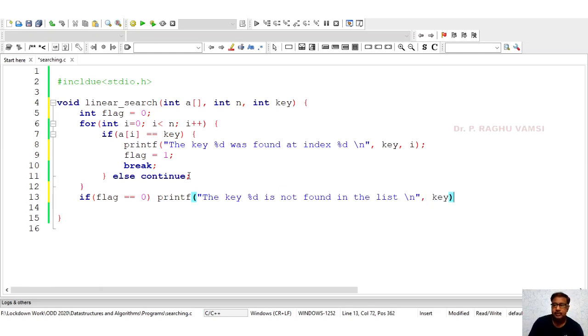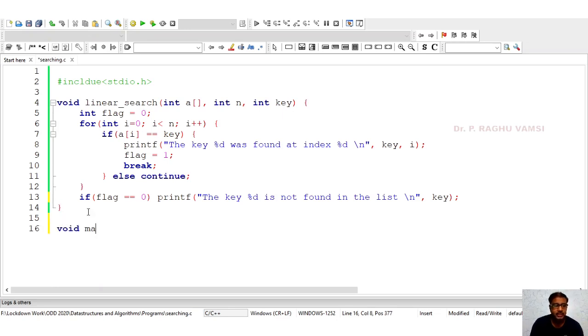So if the key is not found, how can you know that? That is the reason I have placed this flag. This flag will help us in identifying whether the key is available or not. If the key is available, then flag will be set to 1, then directly break. If it comes out of the for loop, then obviously there is a condition that if flag is equal to 0, then only it will print. Otherwise, it will not print.